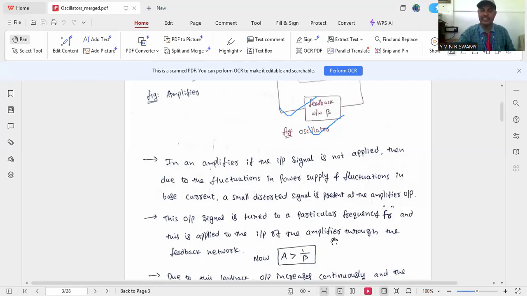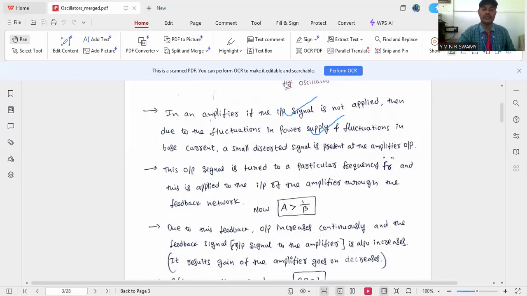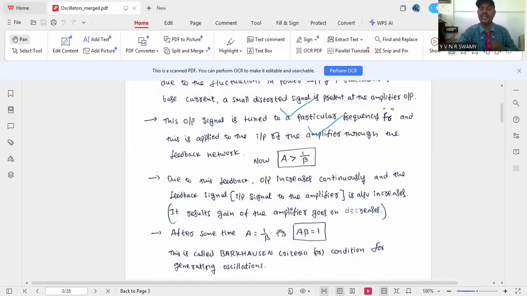Now, gain A equal to 1 by beta. Due to this feedback, the output increases continuously, and the feedback signal also increases. After some time, the gain A becomes 1 by beta. Therefore, A beta equal to 1. That is the Barkhausen criterion, or condition for generating